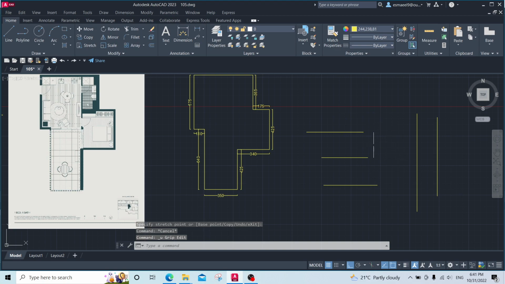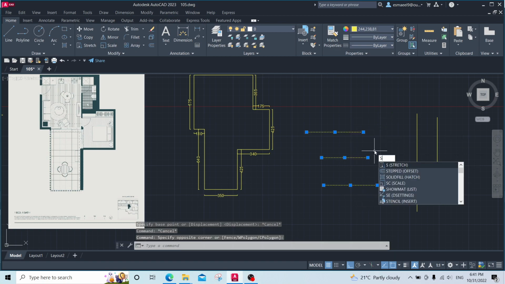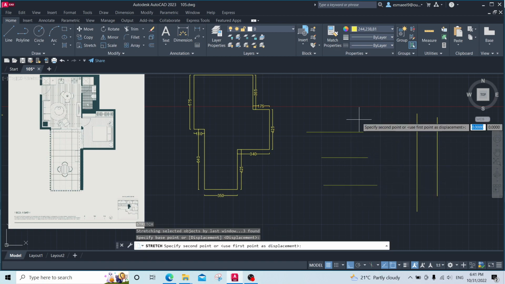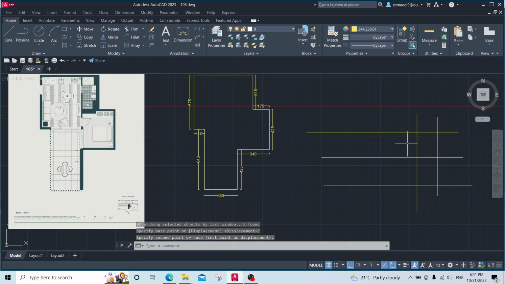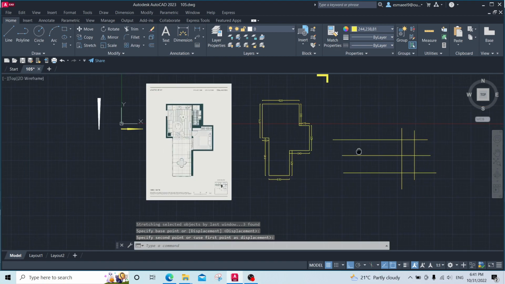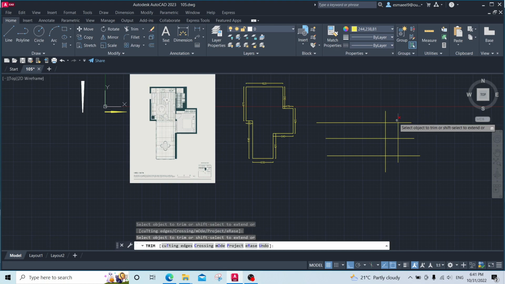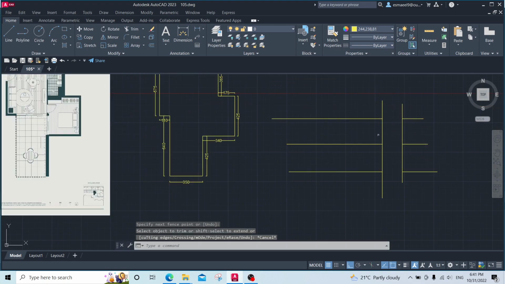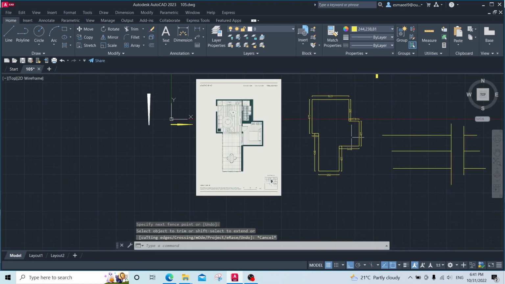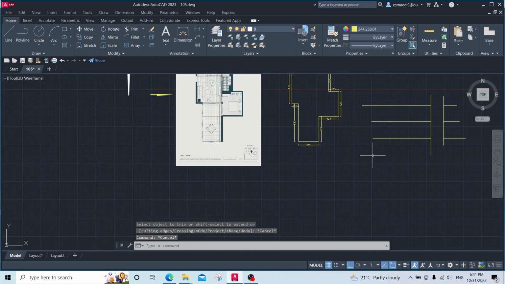Where if you do have 3 lines, you are not able to grab all of them together unless you use stretch. So select all of them, S for stretch, and then click space, and now it stretches all of them together. And of course now you will be able to use the trim in order to trim these lines. We even talked about scale and rotate,